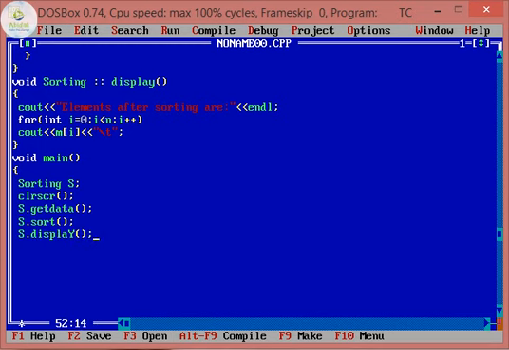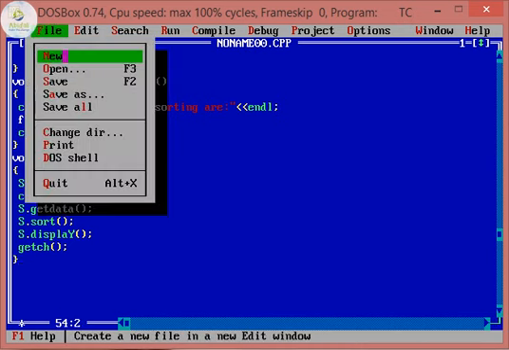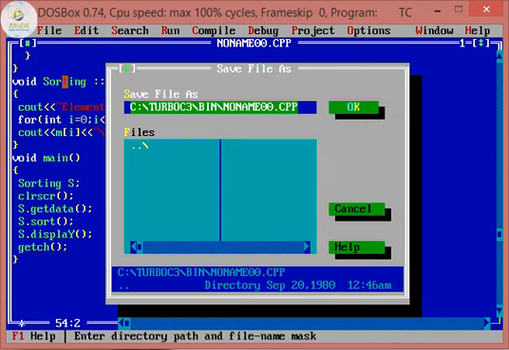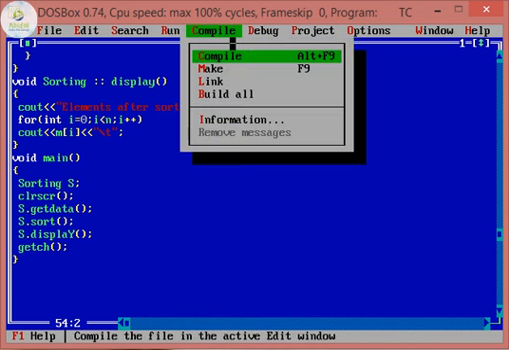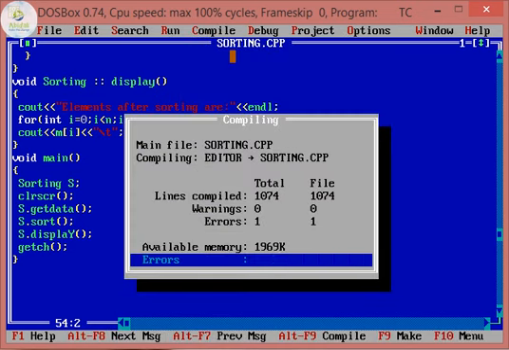Okay, I have made one error. Let us see how it takes and how you will find the error. So close, save the file. File will be saved first. Save the file with the name of the class. In the lab you can save with a different name, but here we are saving the name of the file so that we can remember it very easily. Compile the program.